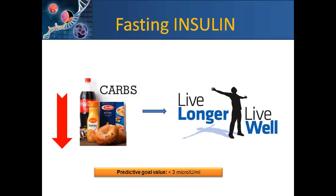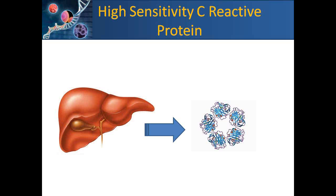Our predictive goal value, when we take this blood test, we want to see fasting insulin levels below 3 micro international units per milliliter. Now we're going to move to our next